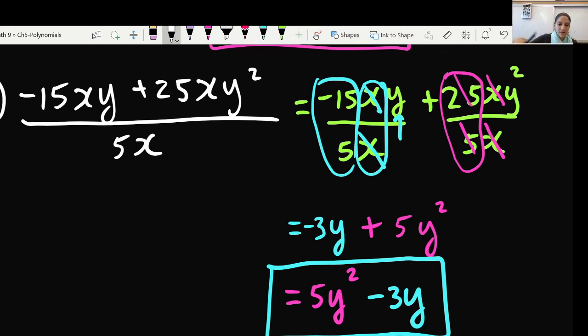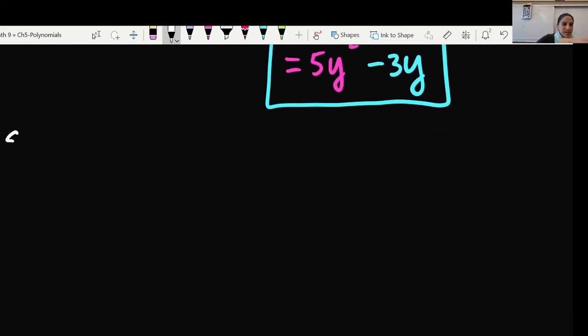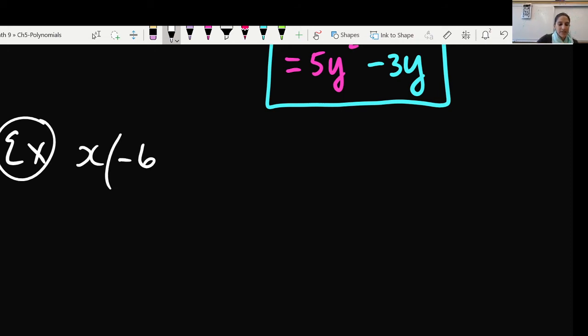Okay, so I hope that you're finding this helpful so far. Let's take a look at another example. Let's say we have x times negative 6x squared plus 9x,